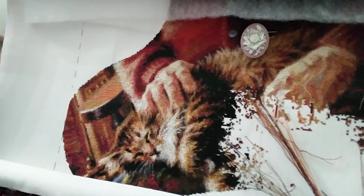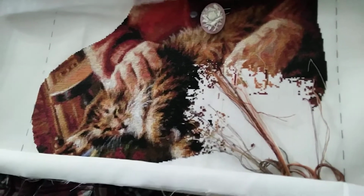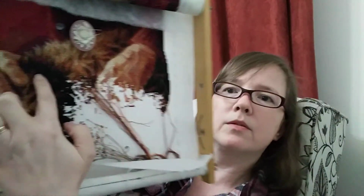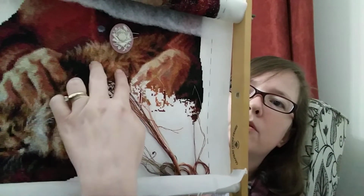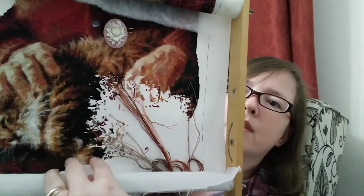But that's where I am. I have only got about a page left. Since last time, I've done all the black from here over. It's about 2 columns down that I finished. I try to get a column done every time I work on it, but